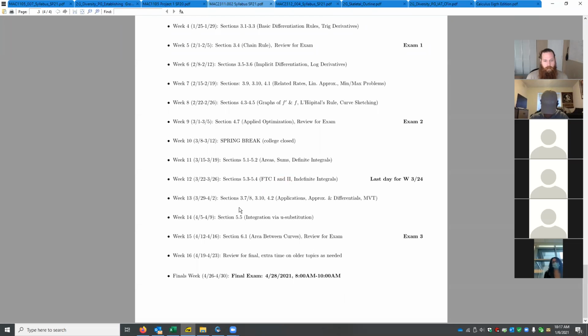And then we will be more or less done with the class. So this is our rough calendar. You can count on exam 1 being somewhere around week 5, exam 2 being the week before spring break, and exam 3 being in either the last or second to last week of class. Right now it looks like it'll be week 15, but we may end up bumping that down to week 16. And that's the syllabus, lads and ladies.